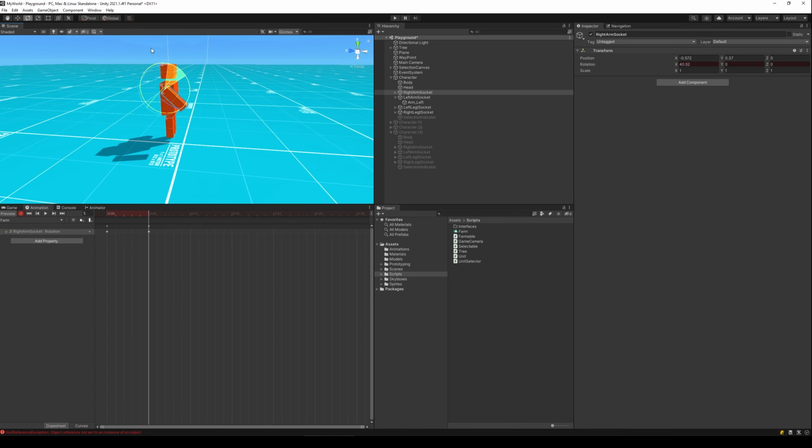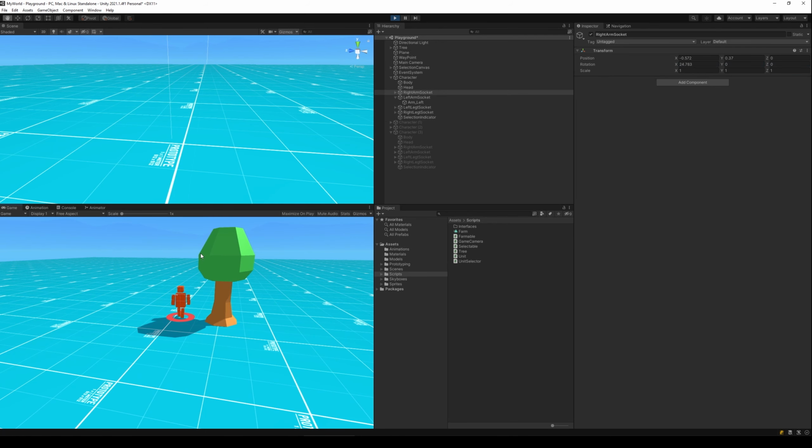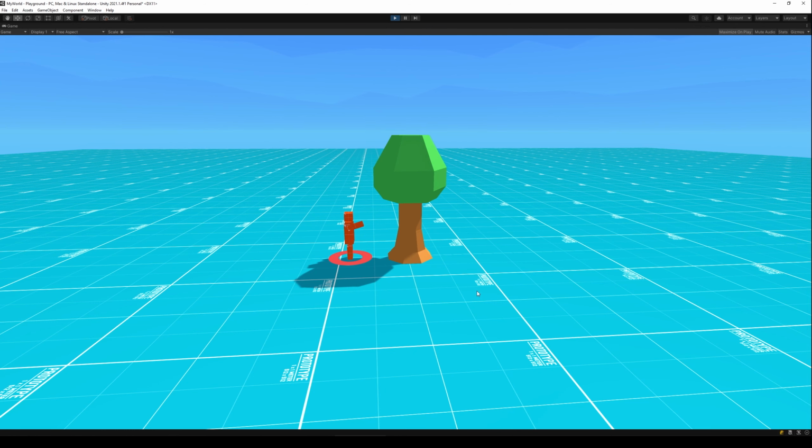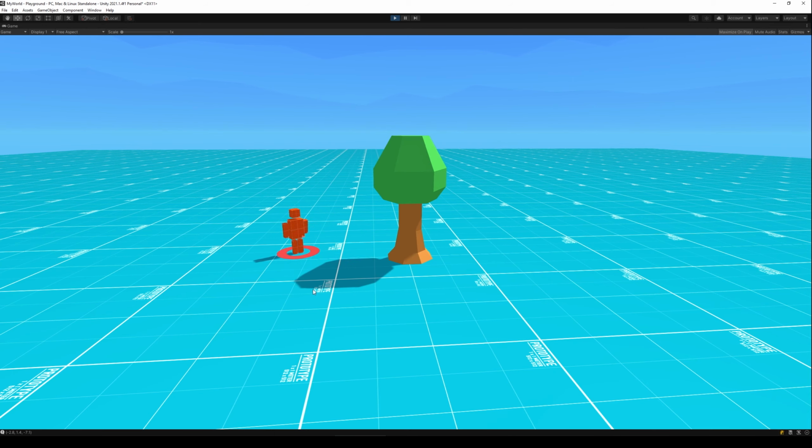Then I had to make an animation for chopping down the tree. I went for something very simple and just made him move his arm up and down. The first attempt was a bit too fast. The second attempt had a bit of speed, however he was just sliding away when he was done chopping down